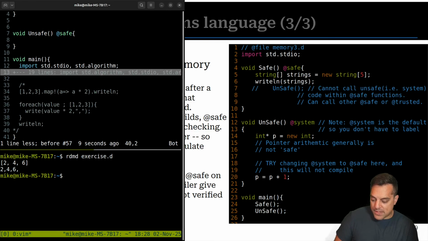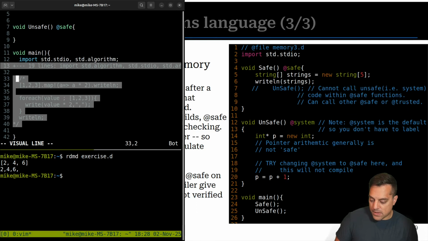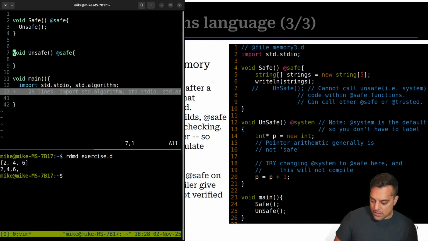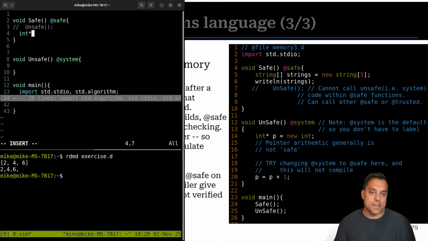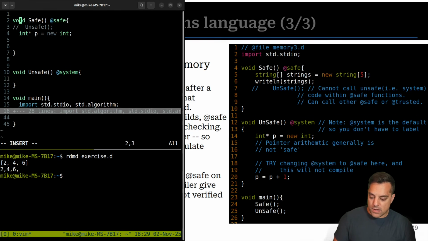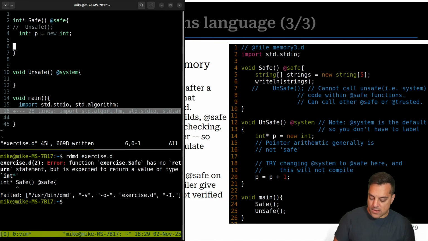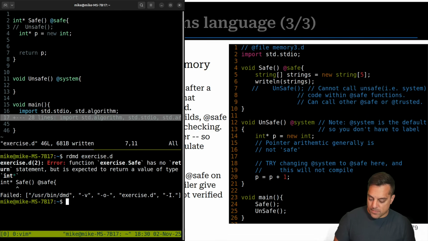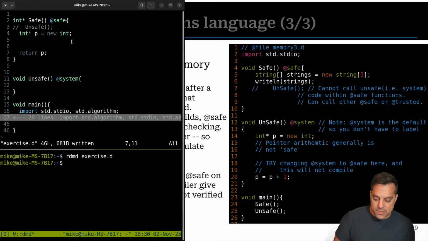Now let's go back to the unsafe thing here. Let's put my folds back in. Sorry. Let's go to @system, and again I can do that here. What other kinds of unsafe stuff am I not allowed to do here? Like, let's just create a pointer here. New int. I'm going to heap allocate this, and let's see if I can return this pointer here. I have to make sure I write the function right. Let's return p here. That's okay because this is heap allocated.